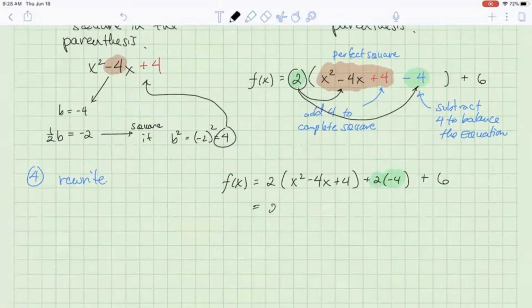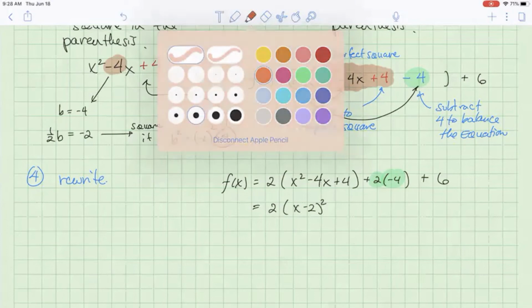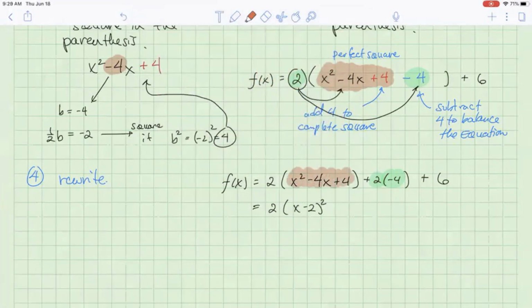And then this becomes 2 times x minus 2 squared. That was the perfect square. And it becomes the factored form x minus 2 squared. And then this is minus 8 plus 6, which is 2 times x minus 2 squared